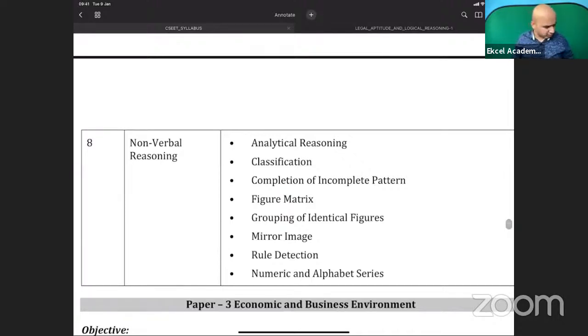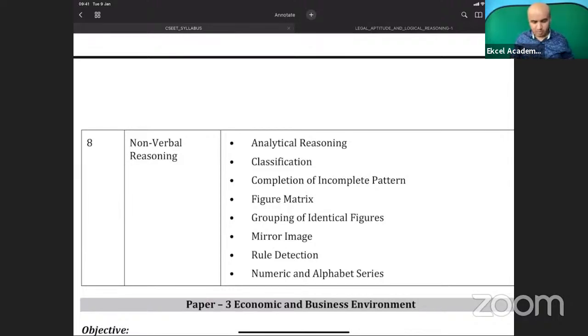I would suggest, if you have taken up CSEET and you're waiting for the reference material to arrive, don't wait. It's already there on the website. Download it, go through that, and don't stop there. Normally, for executive and for professional, what we say is first read the institute material. Then, if you are well versed with the institute material, maybe you can take up something else, maybe some new textbook, etc. But when it comes to logical reasoning, you cannot just read the reference material and expect to pass. That is not something which will happen,